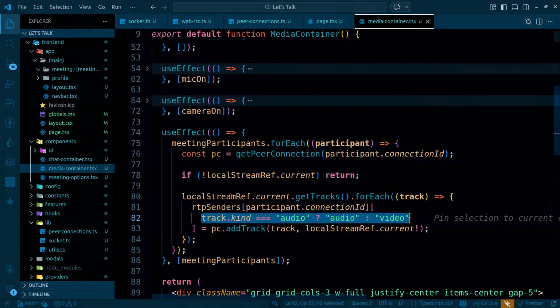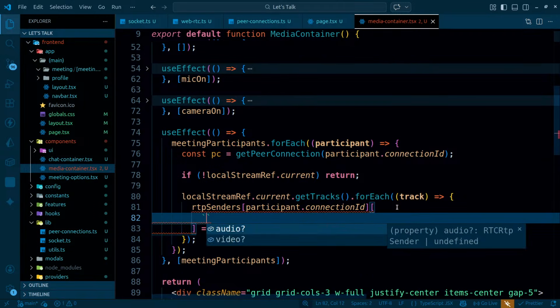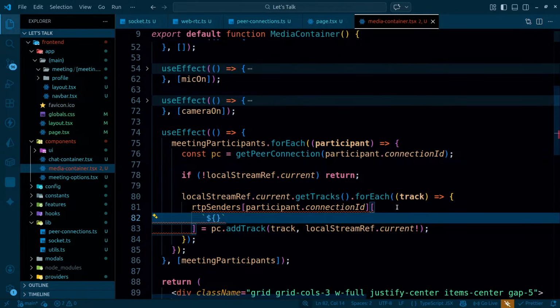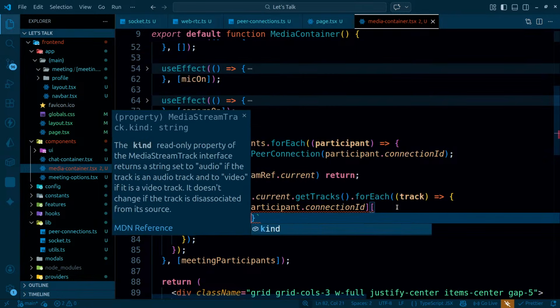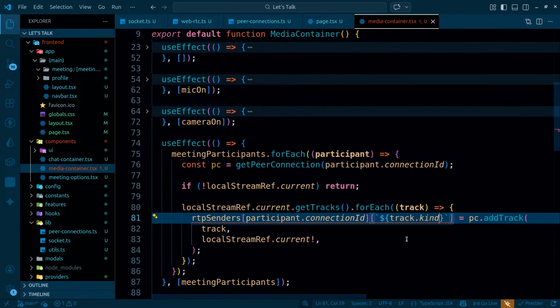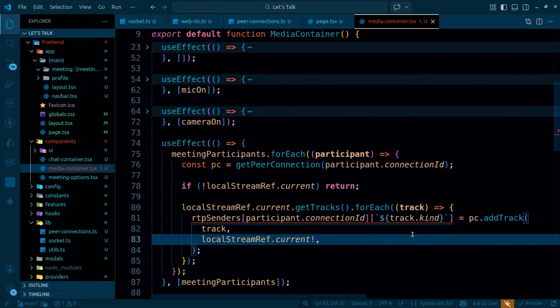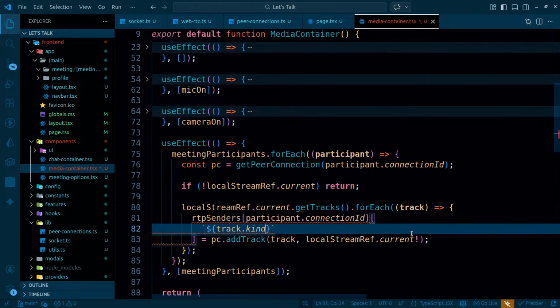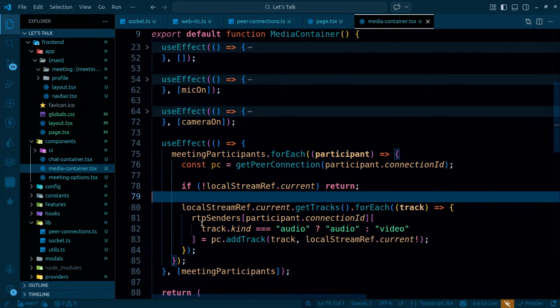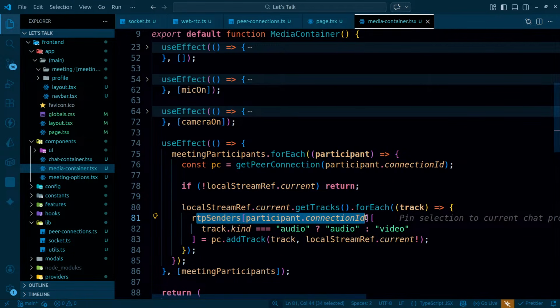But when I add, one more thing. Instead of writing this much here, I can just use track.kind here, and I think this should be working. It still doesn't work, so I need to go with the previous method, this one. Okay, and apart from this particular thing, as I'm just simply adding RTP senders over here, so the thing is